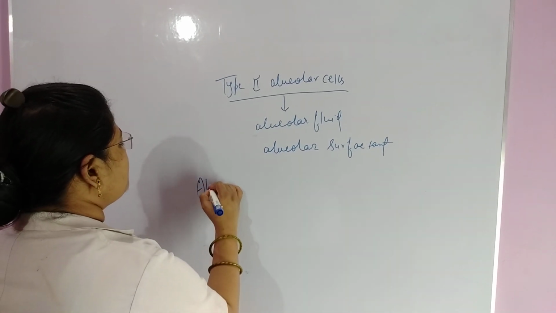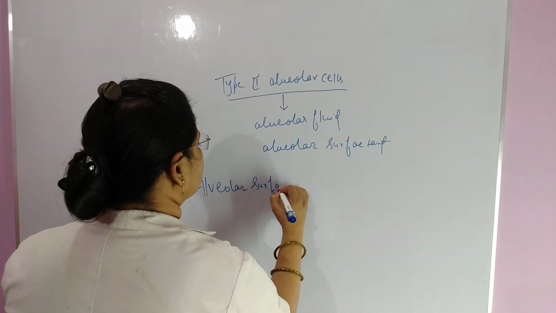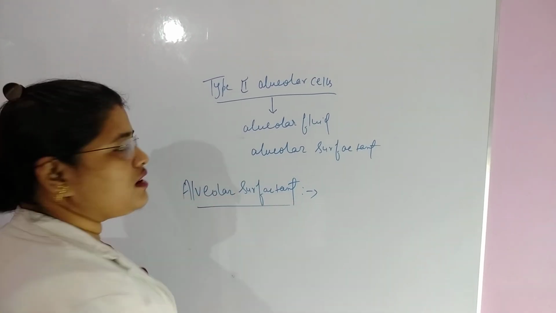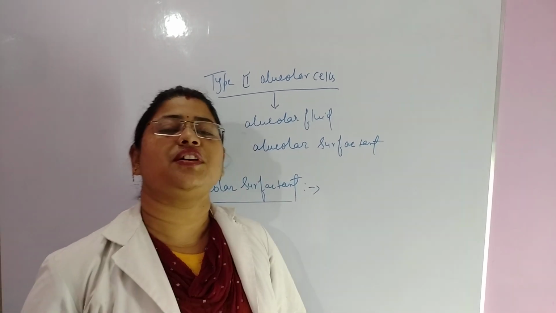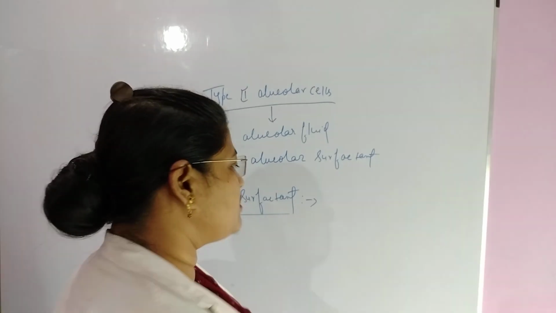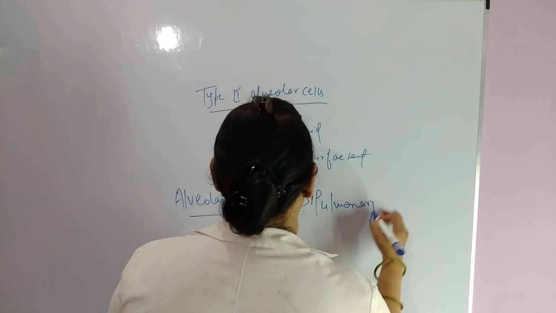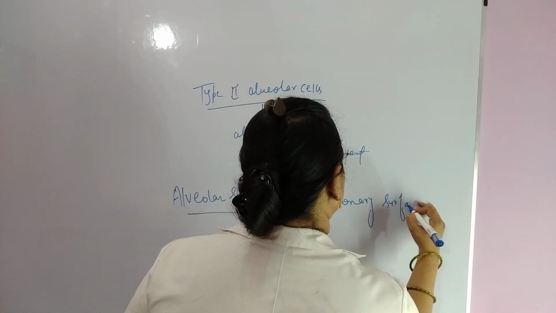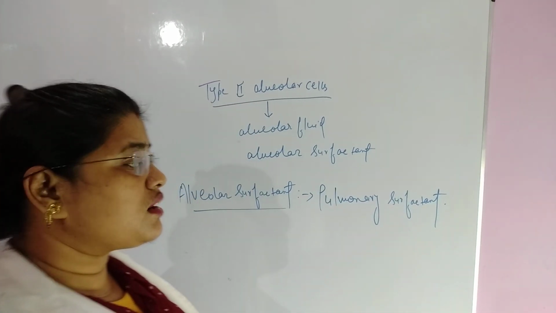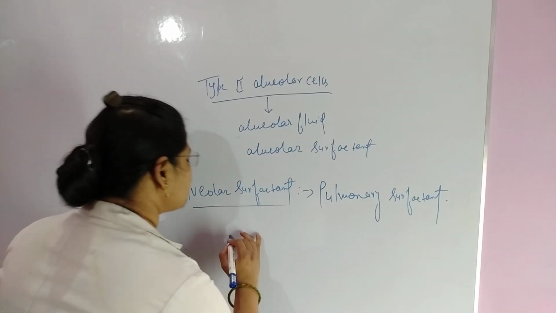So next is alveolar surfactant. Alveolar surfactant here is concerned with lungs, so it is also known as pulmonary surfactant. The same thing, pulmonary surfactant. Now what are the sources of pulmonary surfactant? So its sources are,